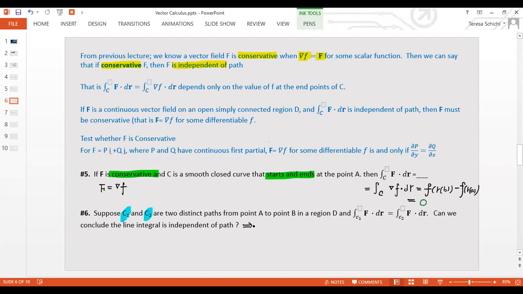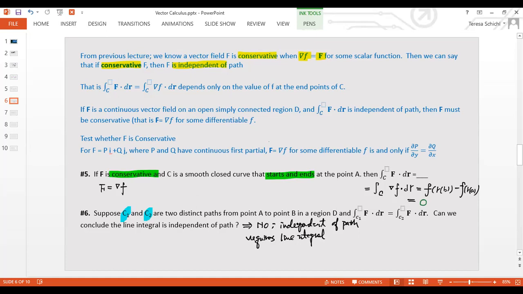The answer is no, we can't. Why? Because independence of path is not only about two paths, so that means it requires the line integral